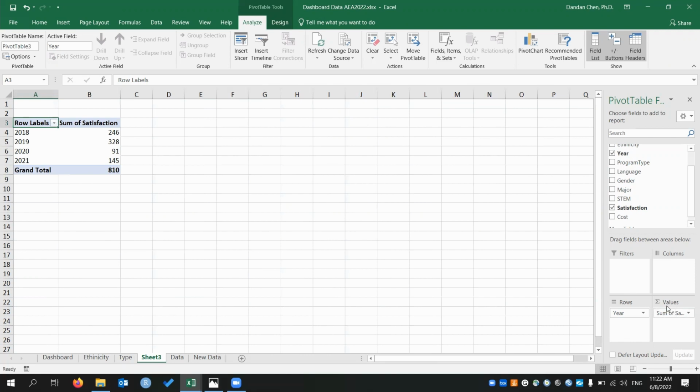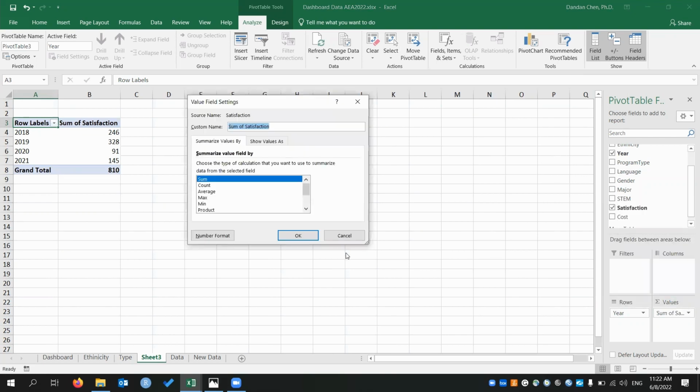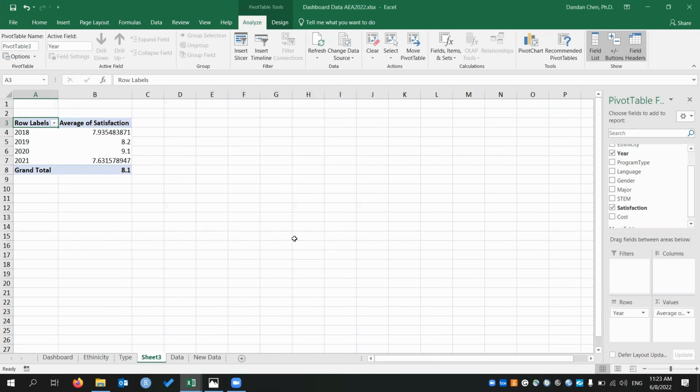And then for the values, I want to change it. The sum usually doesn't make sense unless it's the sales or money. So I'm going to change it to average. You click on the sum of the satisfaction. It should be the triangle button here. You will see value field settings. And then here you select average. And then click OK. And then you should have the average of the